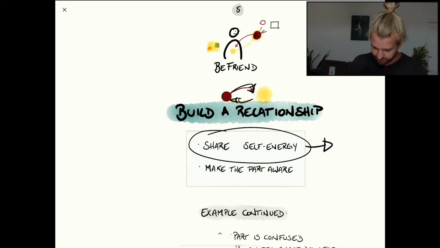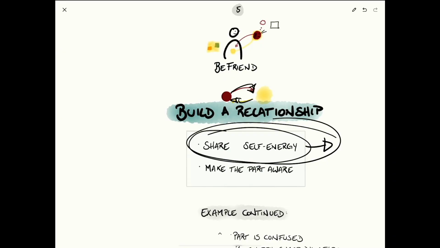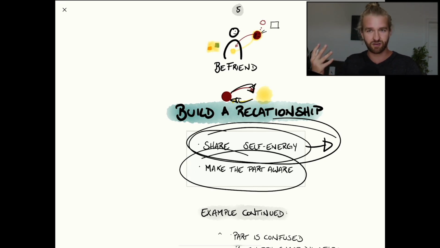And sometimes, even as we share with the part, as we tell it, I'm really curious about you, it doesn't notice that. It's not aware that there's anybody there. So sometimes to share Self-energy, we have to make the part aware of the Self, which can happen through talking to it, through kind of imagining looking at it or touching it. But basically, this can be the foundation of a relationship. And to continue the example,